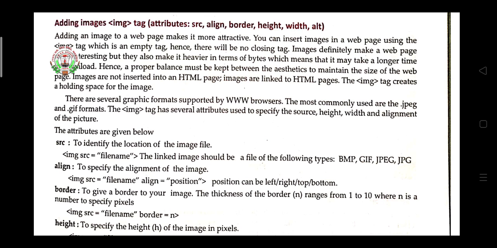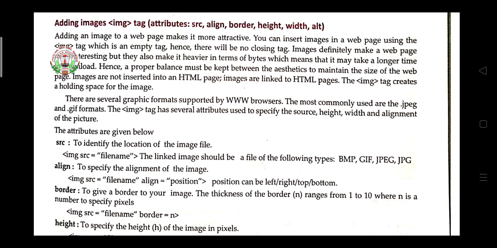If you want to give some border to that image, the border attribute is used. If you want to change the height and width of your image, then the height and width attributes are used. And sometimes while downloading the page, the image does not download properly or some error occurs. At that time the alt attribute is used.